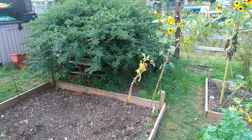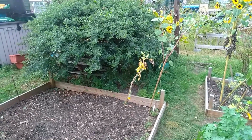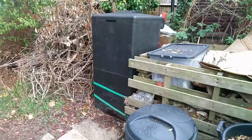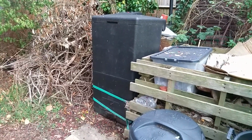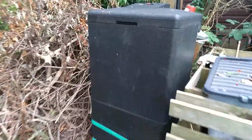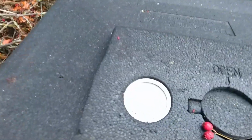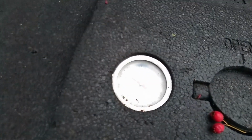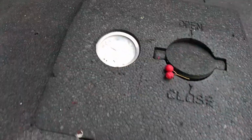Now, let me show you the compost in our Hotbin composter. You've seen before the Hotbin composter, the sort of TARDIS-like one, next to our pallet composter. And this is now quite cool. Can I get you in on there? Yeah, it's under 20 degrees now. So if I open it up,